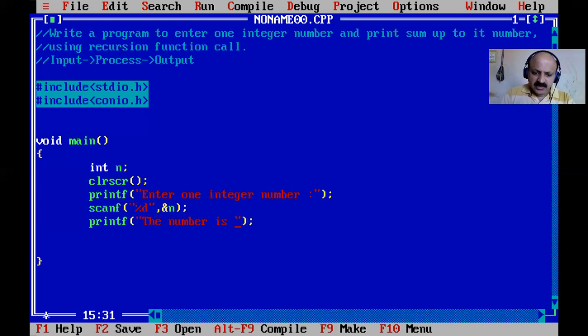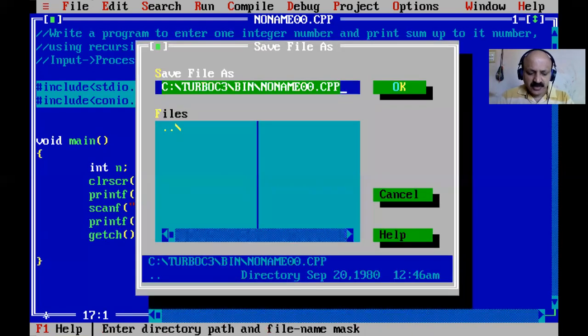You have to know very well how to scan and print. Then getch, and then we save this file as rec dot c, with c as the extension.